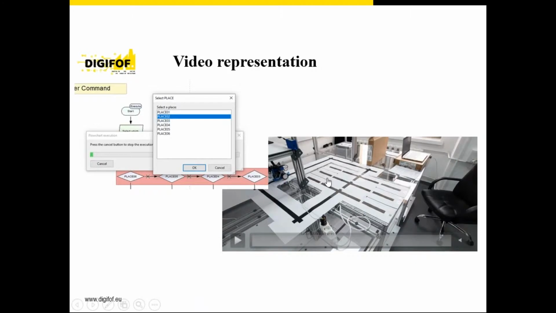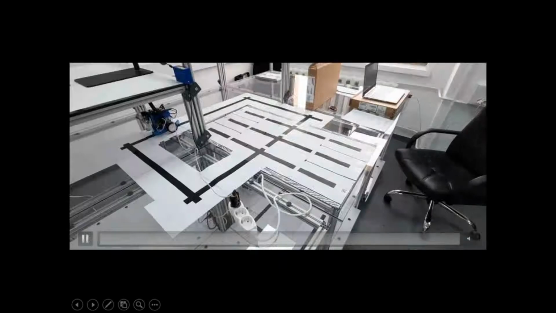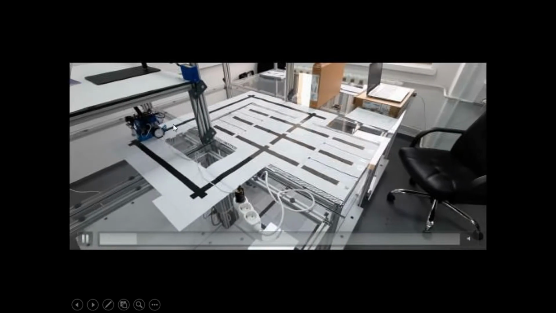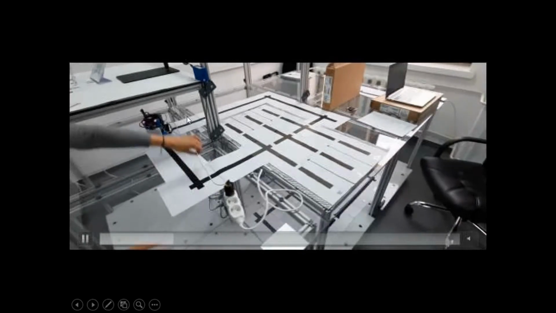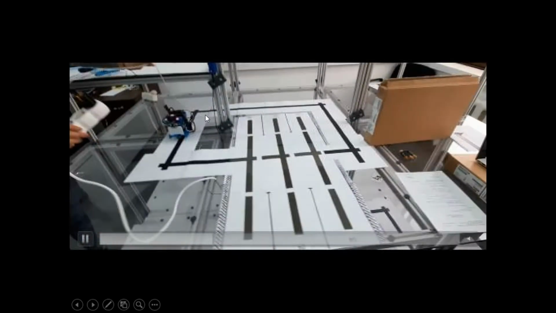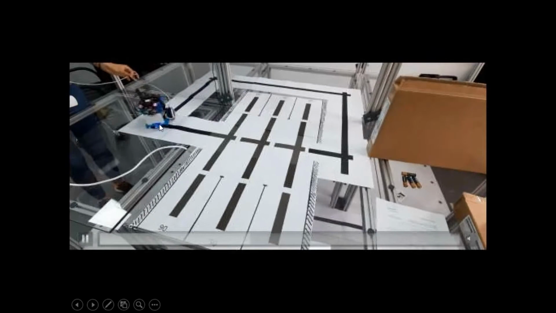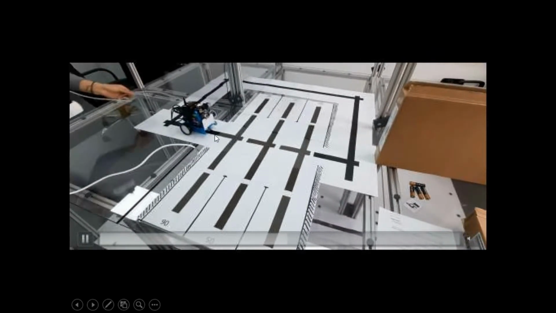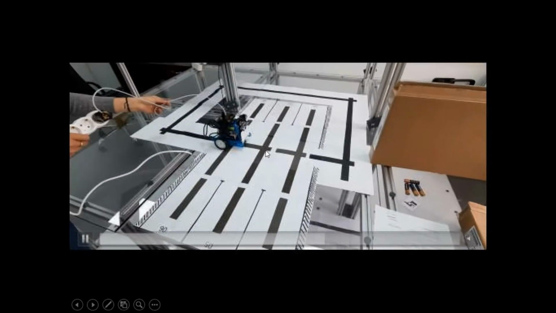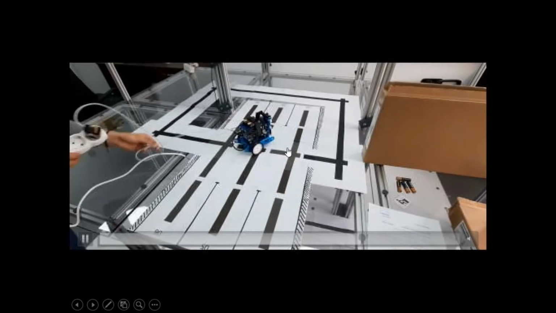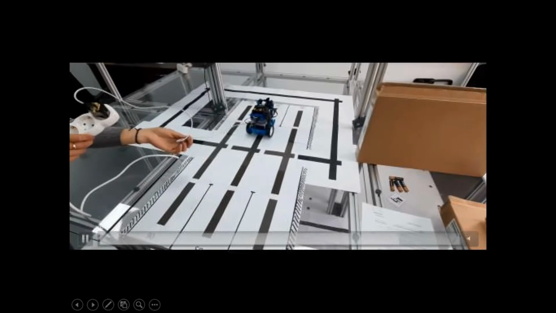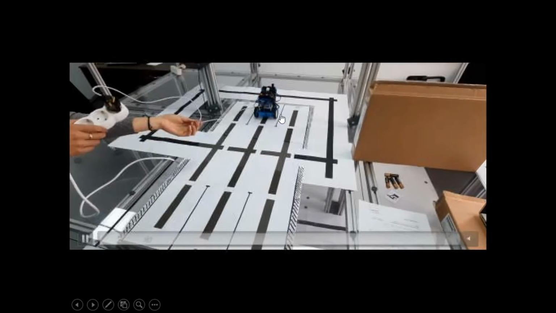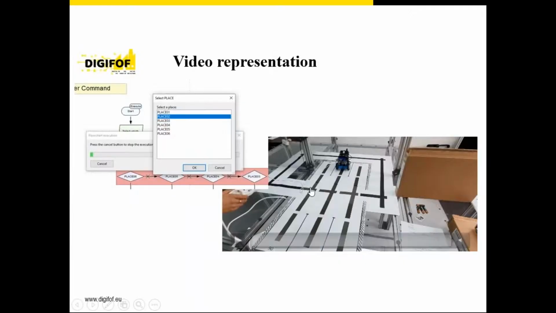The mobile robot will act in the following way. So it will start from the start place. It will make a left rotation, go straight, and now again a left rotation, again straight, and it will stop in front of the second place, make a left rotation, and go straight until the line following sensors will read the white surface.